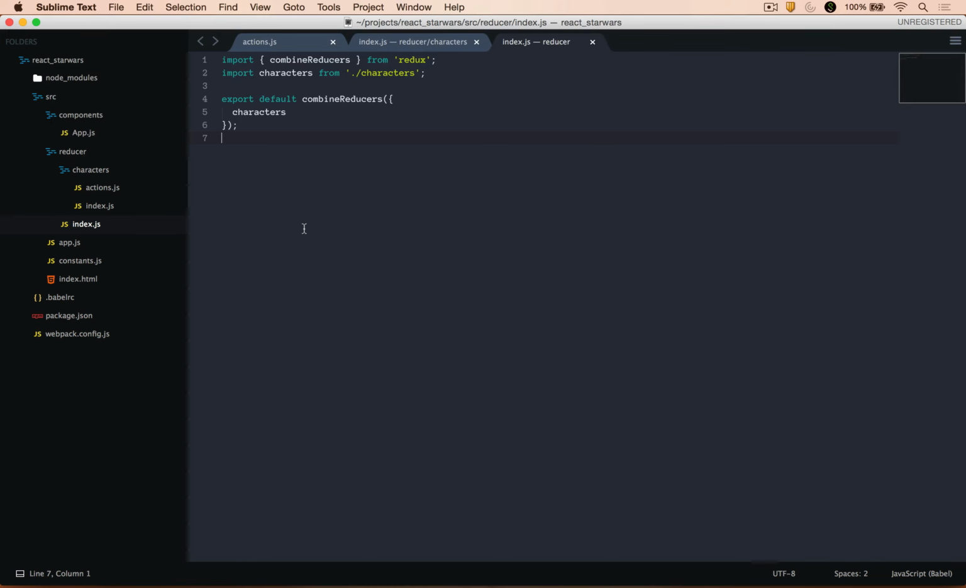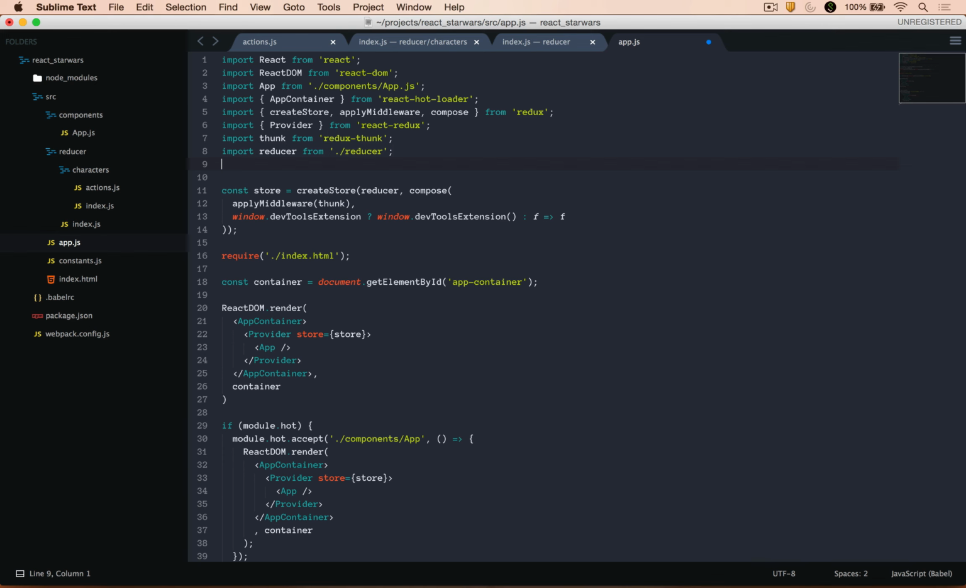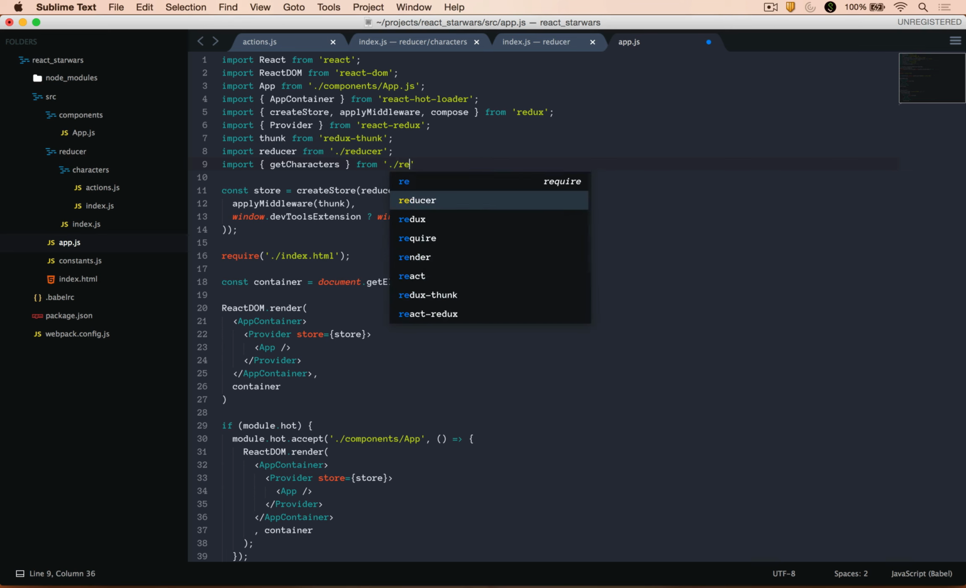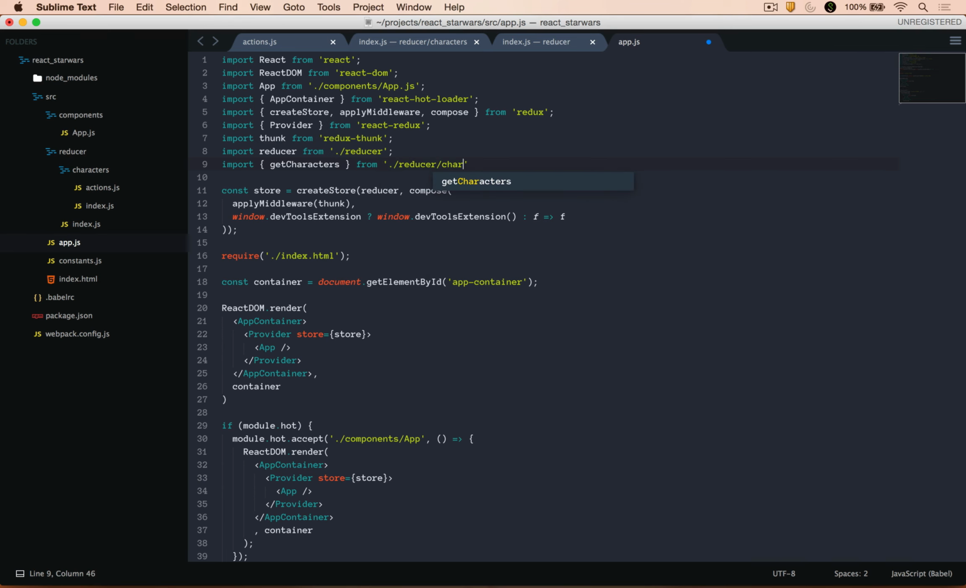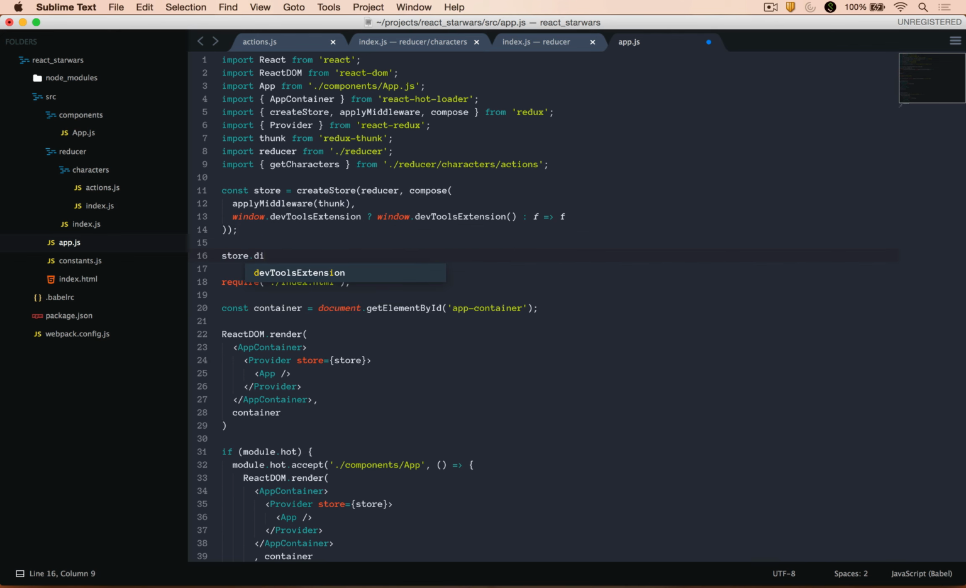Well, we do. We know that when our application starts up, we want to go get that data. So back here in our app.js file, our main entrance file, we want to bring in that action we just created, the get characters action, and that's going to be inside reducer characters action. And we want to make sure that we use this get characters action. That's what we're going to use to kick it off. So here, after we create our store, which has the dispatch method on it, we want to make sure that we